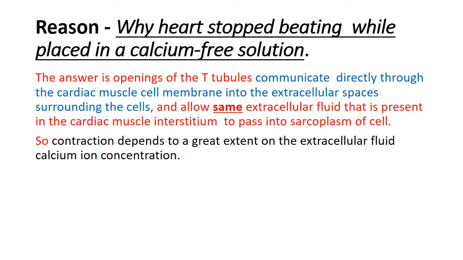The reason I have told you, but I will explain again. Why does the heart stop beating when placed in a calcium-free solution? The answer is, there is opening of the T-tubule on either side, to the extracellular fluid as well as to the sarcoplasm. So there is a direct role of calcium in the contraction of